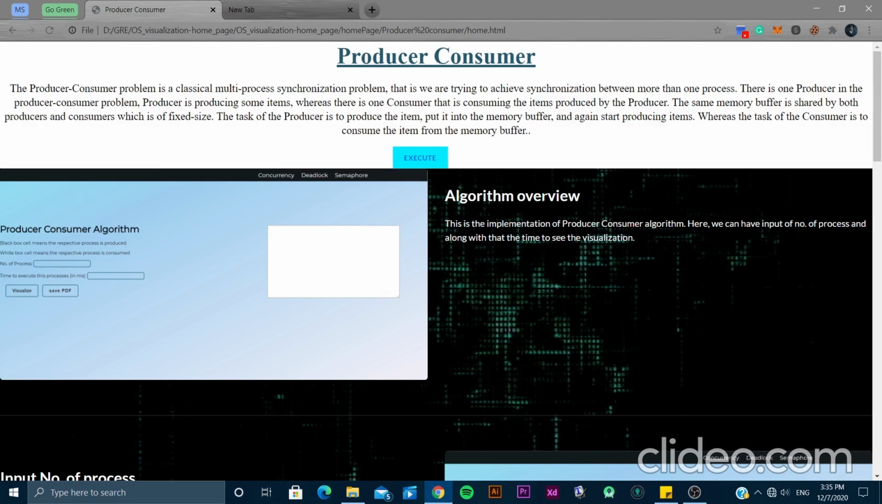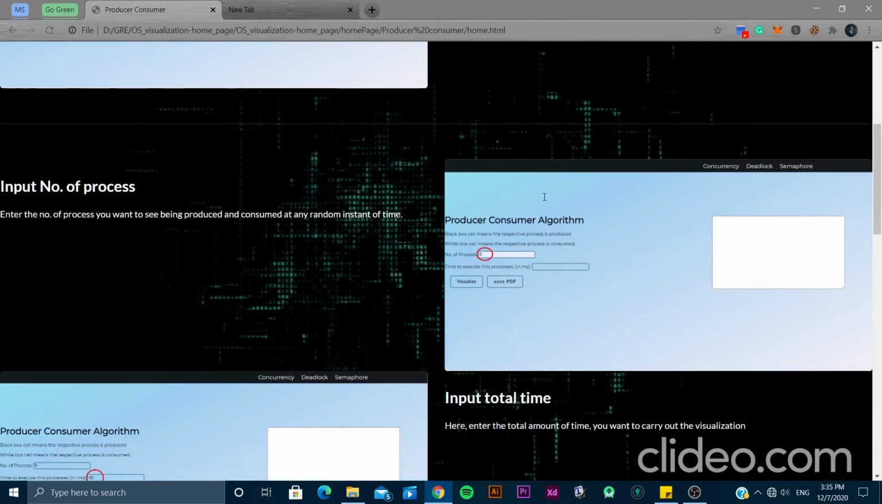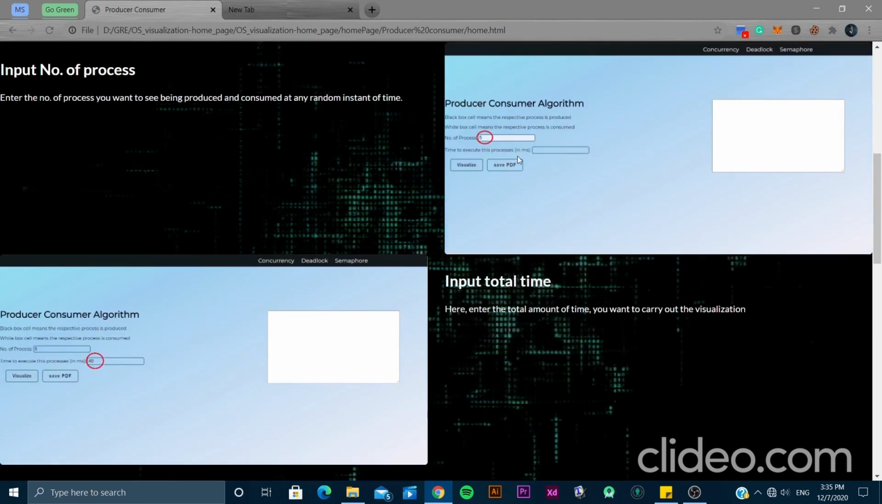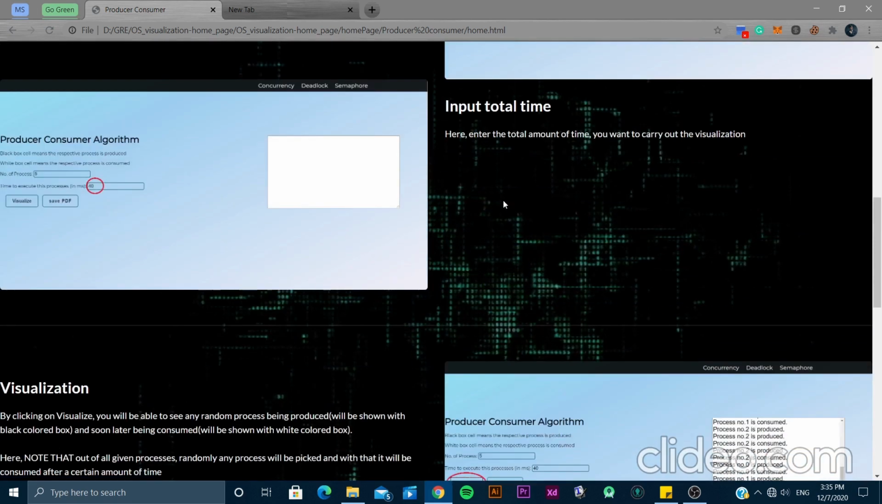Let me show you the brief steps that need to be followed in order to see the visualization of our algorithm. Firstly, input the number of processes that you want to visualize. Let's say that I want 10 processes to be executed parallelly. That is to say that at a certain amount of time out of those 10 processes, any random process should be produced, and at any random point of time, it should be consumed. So here, enter the number of processes that you want to visualize. Then